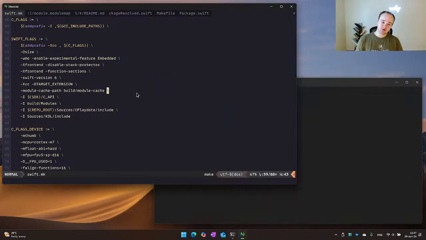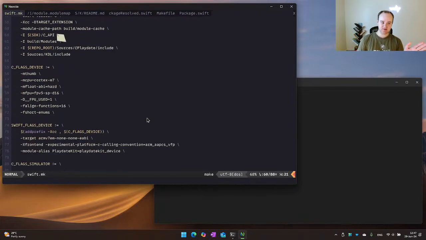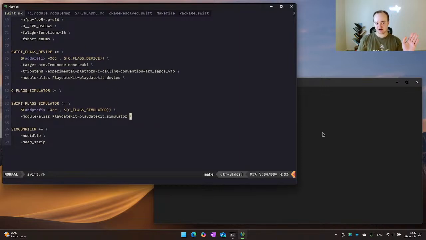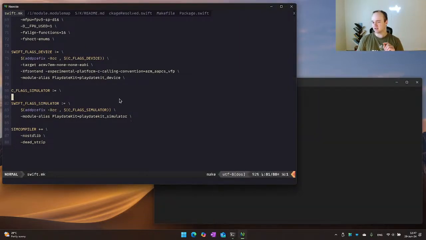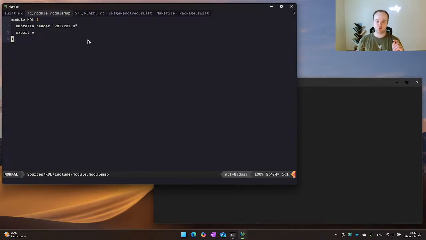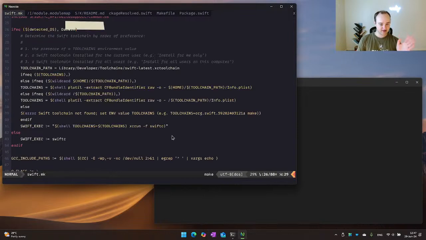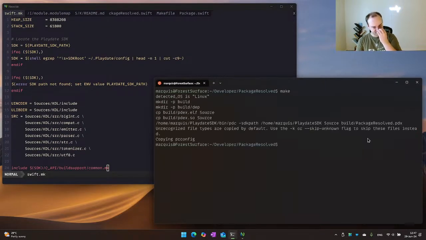And one weird git ignore in here is specifically ignoring that module map file, and I don't know exactly where or why that is. So I'm gonna have to figure that out offline. But suffice to say, if we were to run make now, we can see here that it's now working correctly.